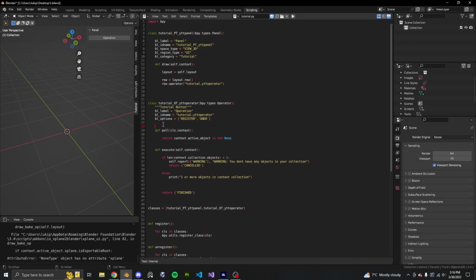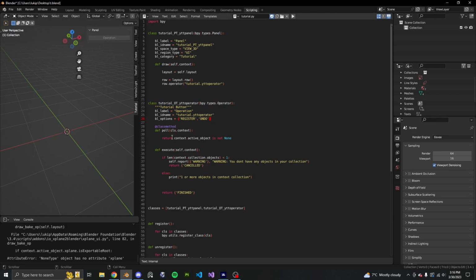Now there is one last thing we need to do in order for this function to work, and that is to add the class method decorator. So we're going to type in classmethod with the @ symbol, and this tells Blender that we're acting upon this class right here. If you just run this, you can see that this button suddenly is grayed out,